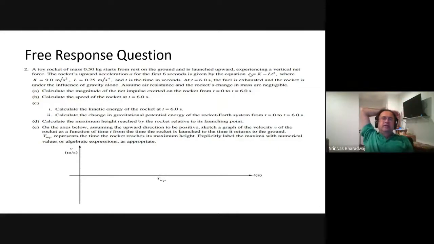So you calculate the distance traveled. How do you calculate the distance traveled? You write dv/dt equals dv/ds times ds/dt. Therefore, v dv equals